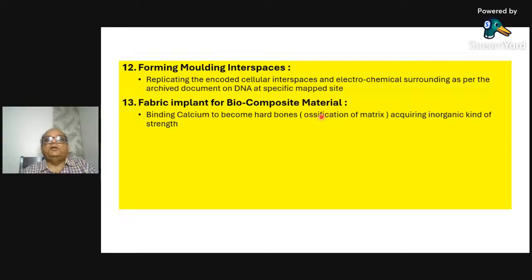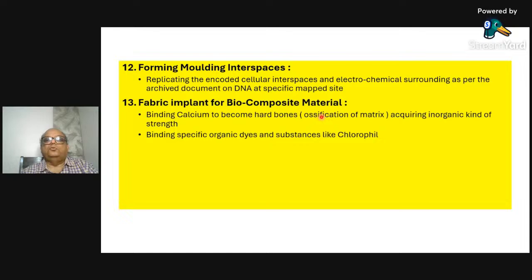Okay, so protein molecules create some sites in their matrix in a cloth-like structure, which get ossified, on which calcium is caught, and thereby they get some inorganic strength in otherwise organic and otherwise weaker structures. They suddenly become a very solid, very strong, very hard structure. So, binding calcium to form the bones, they acquire inorganic strength from the bonding of calcium. Okay, they acquire that kind of strength, and of course,